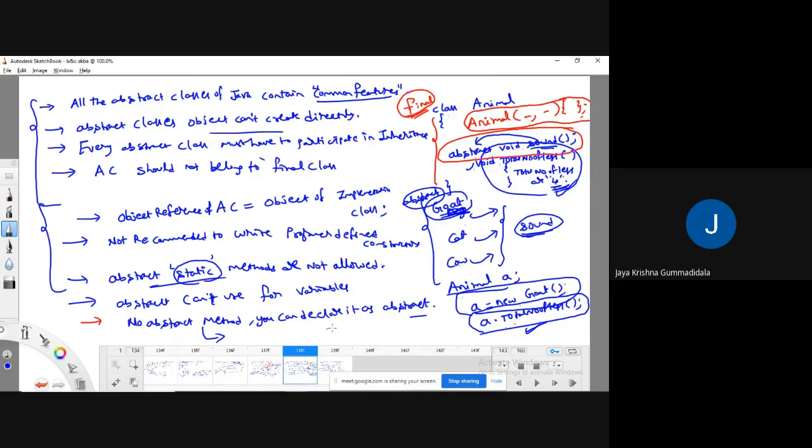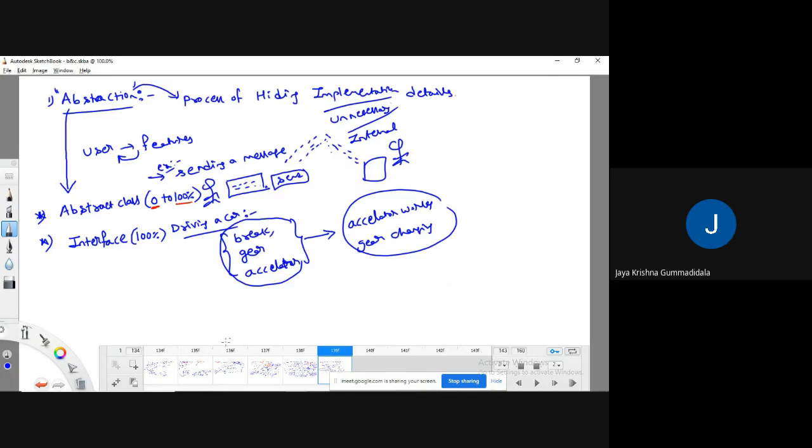If you make a class abstract, you can't create an object directly. Meaning that if you don't want to give permission to the user to access the methods of a particular class directly, then I will go for making it abstract. So once we go for abstract classes, we'll have a lot of advantages.